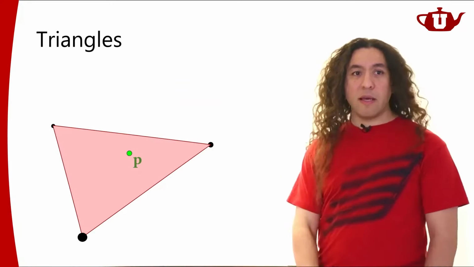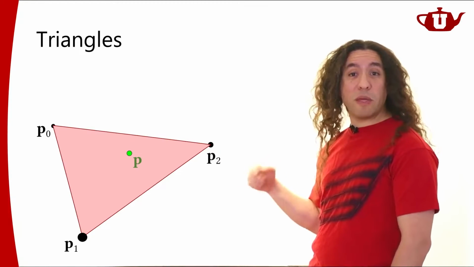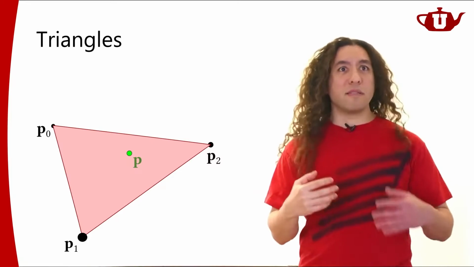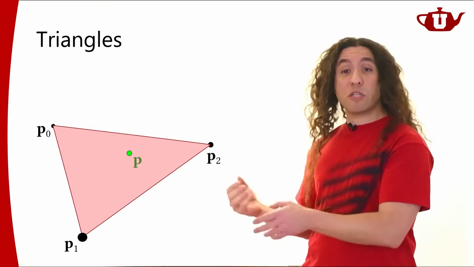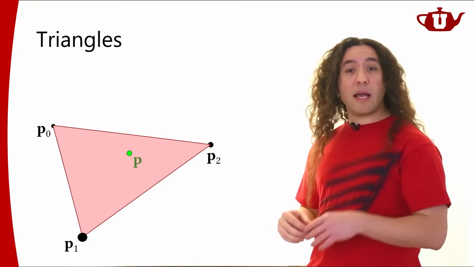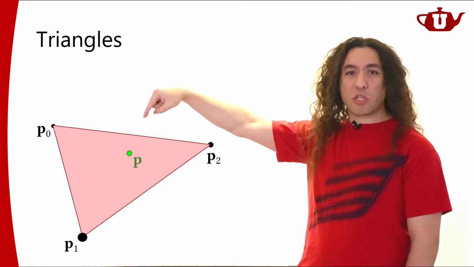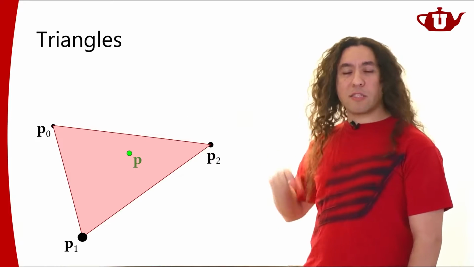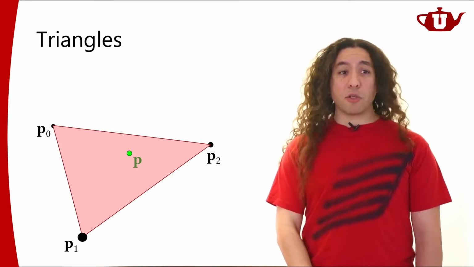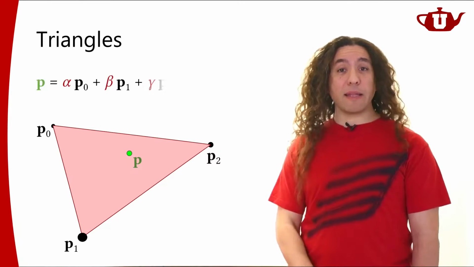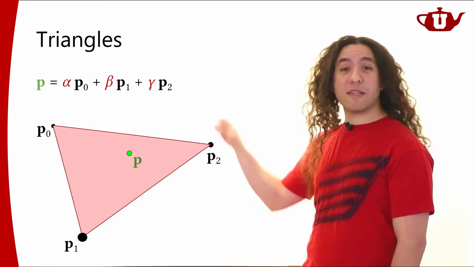I never provide that position P specifically. I just provide these vertex positions, P0, P1, P2, in whatever space I want, and then in my vertex shader, I convert them to positions in the canonical view volume. And in my fragment shader, I can actually get this position, in the canonical view volume, that's generated by interpolating these three input positions. So what is that interpolation? It looks like something like this. You might be familiar with this interpolation.